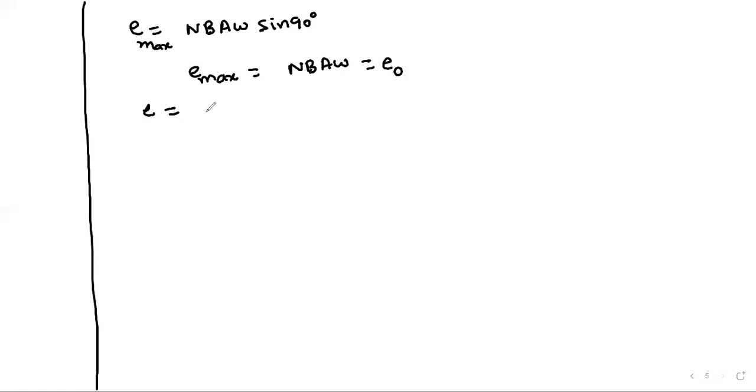E equals NBA omega sin 90. This is the maximum value. So the maximum value we are writing as NBA omega, that I am writing as E naught. So induced EMF will be E equals E naught sin omega t. Similarly, I can write it as